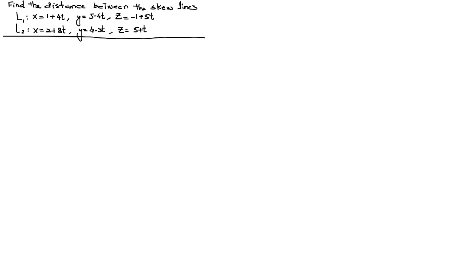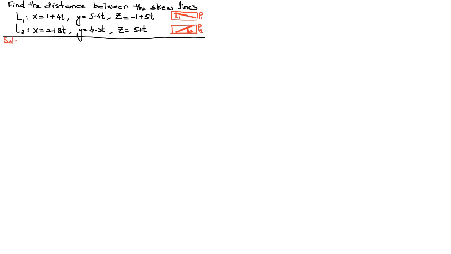For example, I can draw that this is the first plane and this one is the second plane. The first plane has a line, this one, and the second plane has a line, this one. This is plane 1 and this is plane 2. They have lines, this is line 1 and this is line 2. They are not parallel and they are not intersecting each other, so we have to find the distance between them. So how can we find the distance?